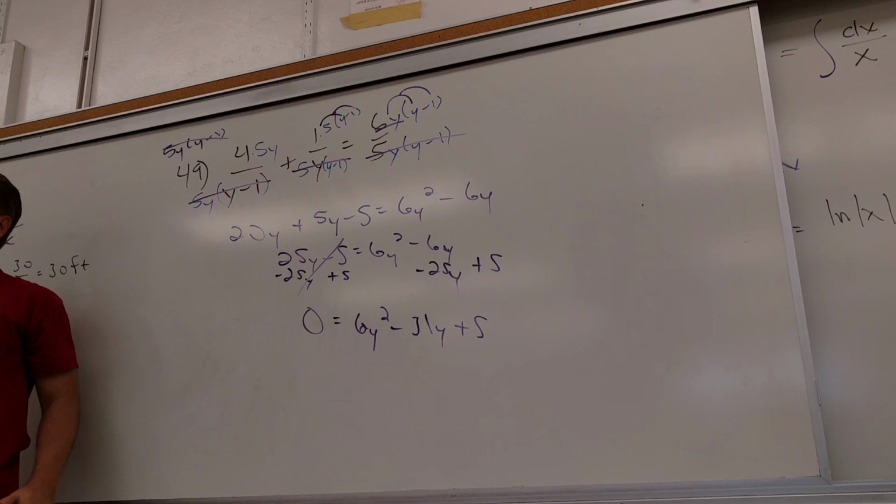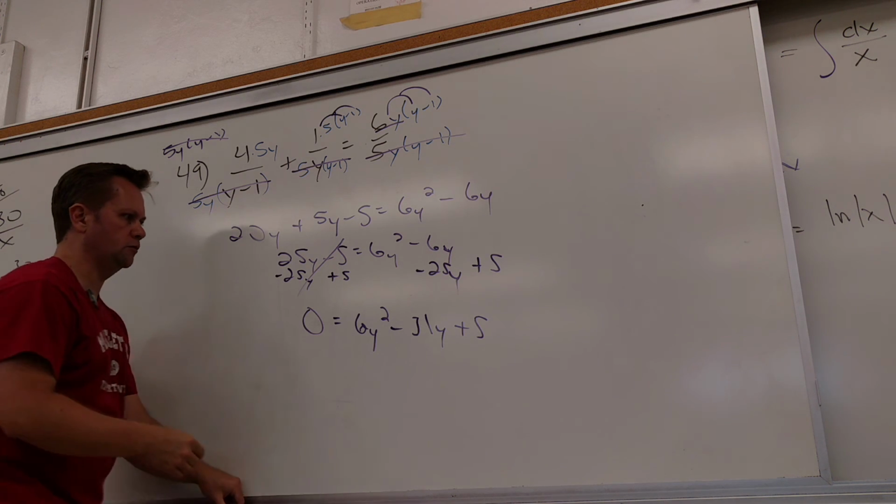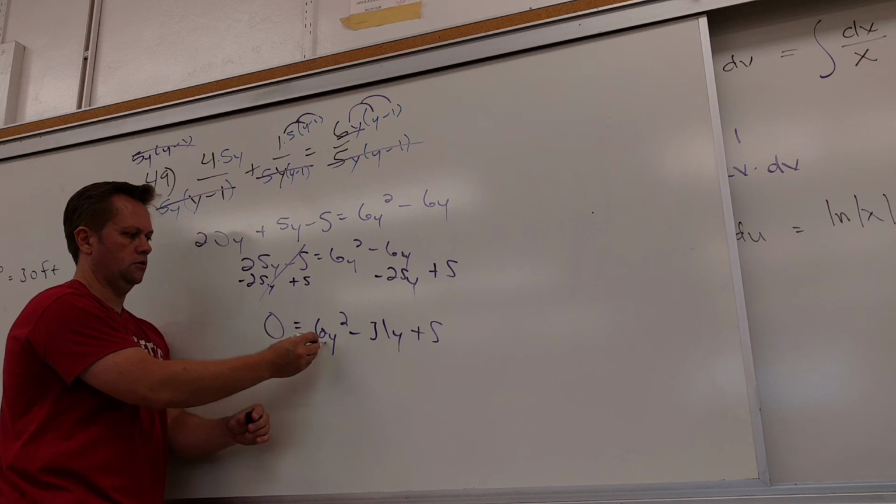Those numbers look gross, but you should very quickly realize this is a great thing. When the middle number is off by 1 from the number you're using to find factors, that's awesome. What do I mean? What am I talking about? Well, what do I have to do to factor this? 6 times y, 6